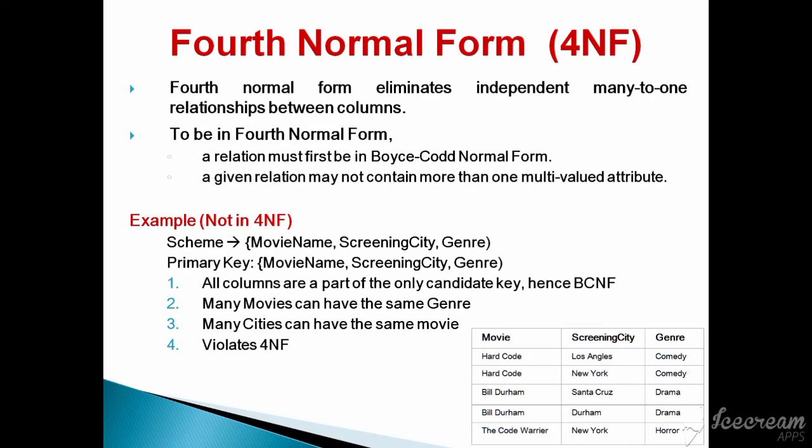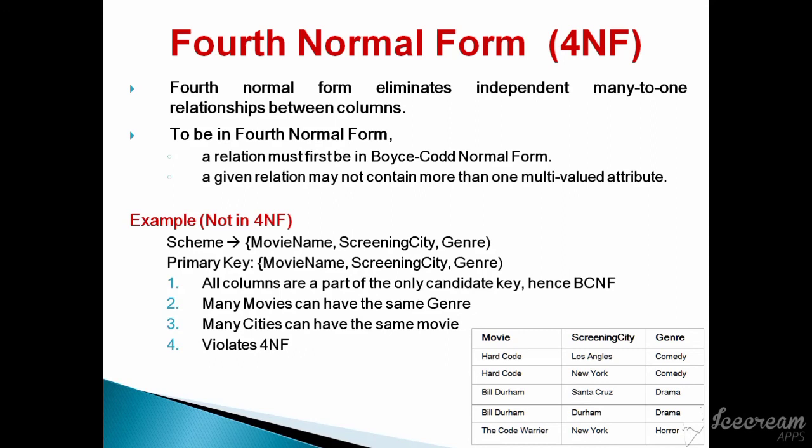To be in fourth normal form, there are two conditions. First, a relation must be in BCNF. Second, a given relation may not contain more than one multi-valued attribute. Here the example shows